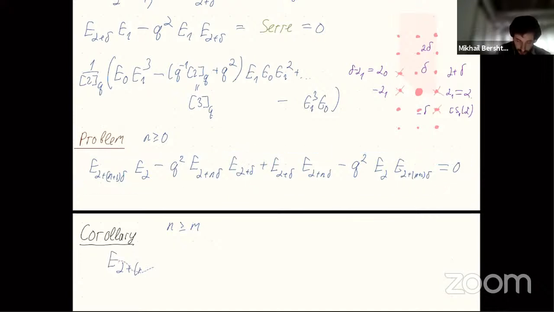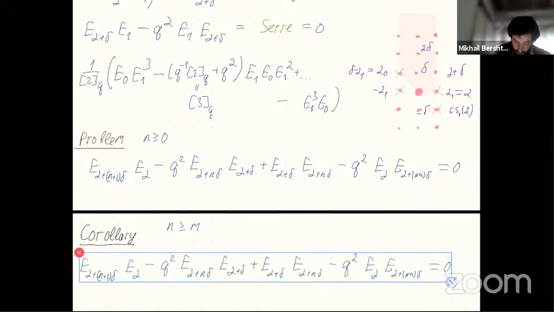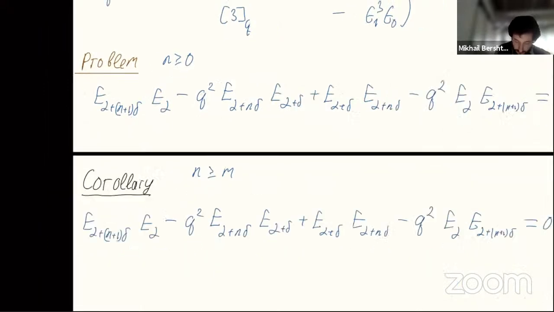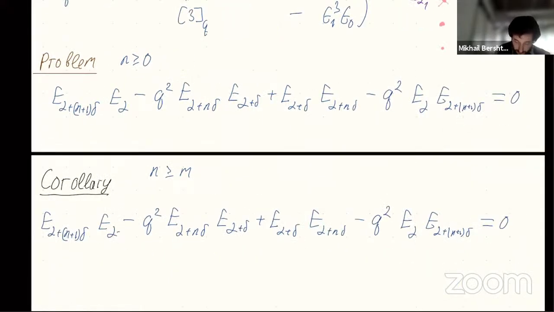And where do I put m? I put it here. Here instead of delta, I put alpha plus m plus 1 delta. Here instead of delta, I again put m plus 1 delta. And here I put